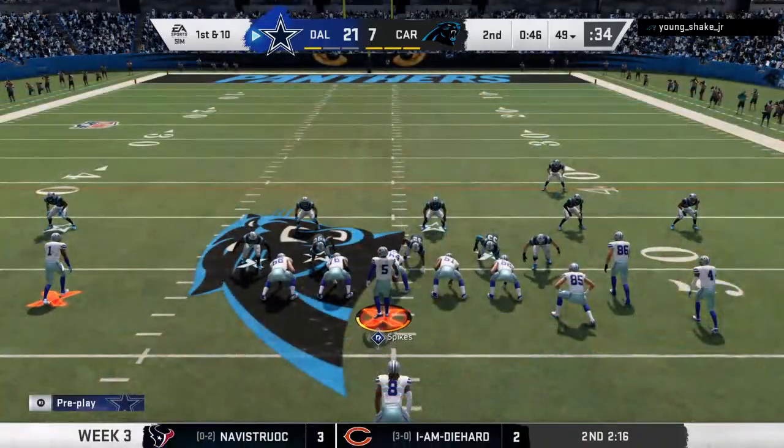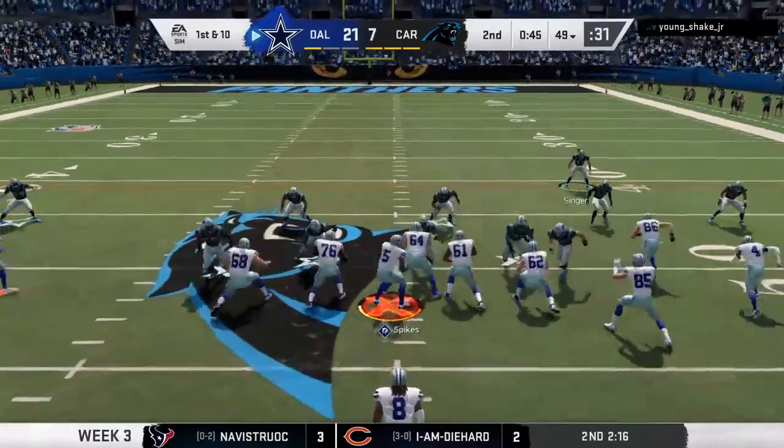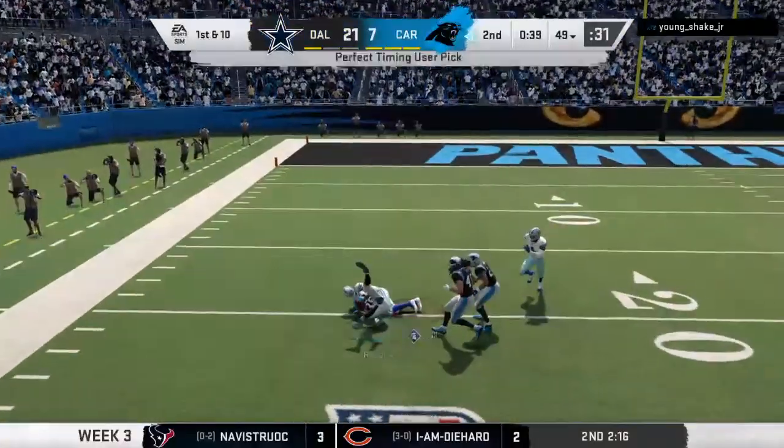About set for this next drive by the Cowboys offense. And right now they're saying, hey, let's keep this going. 2 drives, 2 touchdowns. Yeah, can't ask for a better start than that, can you? I mean, this is the way you practice it. This is the way you...